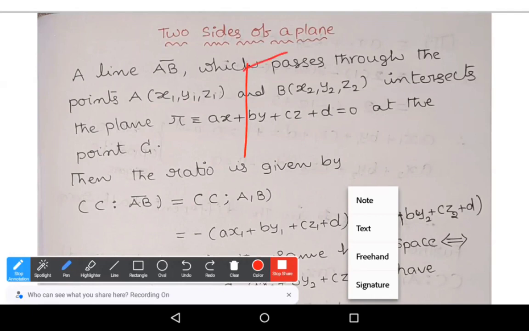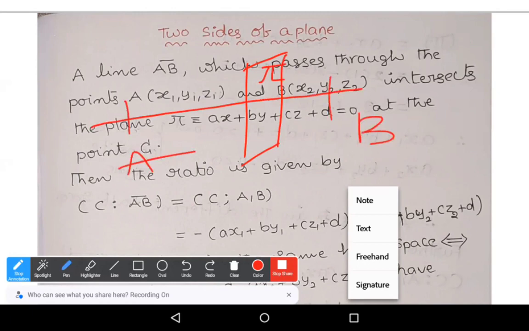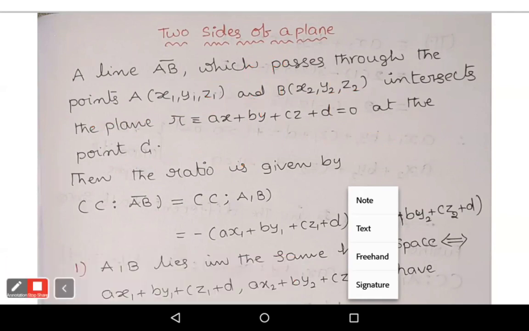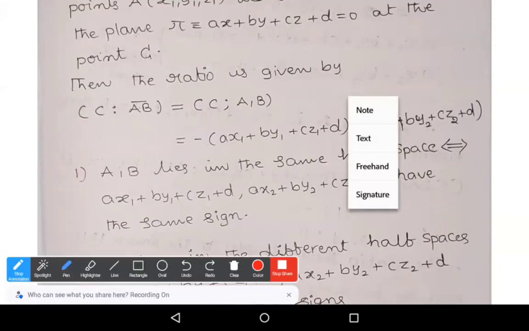Suppose this is a plane pi, and there is a straight line. This is A and this is B, and it passes through the plane pi and intersects the plane at the point C. Or the plane pi divides the line segment at the point C. The terminology is different, but the concept is the same. After that, the ratio is given by